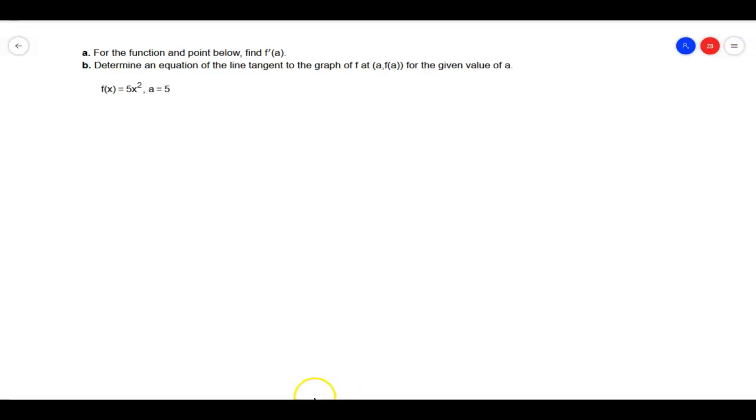All right, so in a previous problem that I did, I actually used that a equals 5 value in the beginning of that limit definition of the derivative, which made it a little bit easier, but it didn't give me an equation for the slope of the tangent line. So if I had any other a values that I wanted to check, I would have to go through that entire process again. So this time I want to come up with a general equation for the slope of the tangent line, and then be able to plug that 5 in there at the end, just so you can see both ways to do it. So once again,